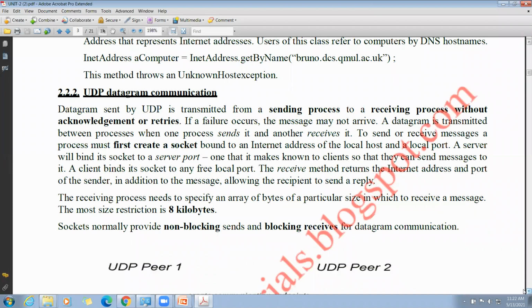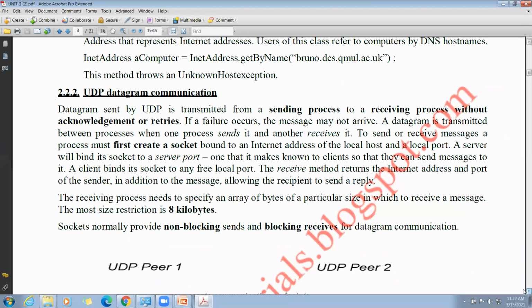At the receiver side, messages may arrive out of the sending order, because they might travel different routes independently, since this is datagram communication. Whereas in TCP communication, the data or messages arrive at the destination in the sending order. This is one problem with UDP datagram communication.